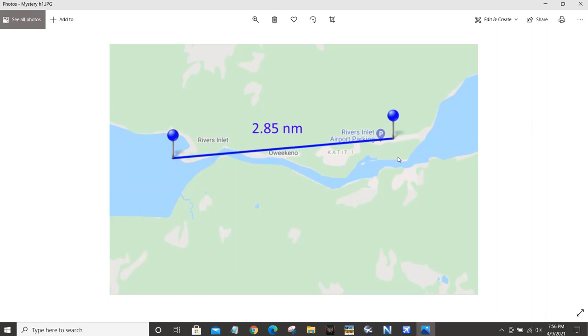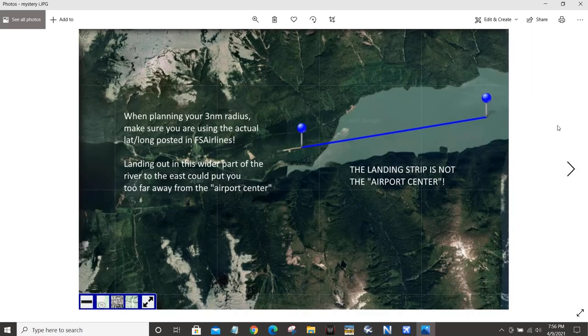Now, this is not a congested area. There is no other airport anywhere near it. So you could probably stretch the radius out a little further. But we should be able to land at this airport just fine and get credit for landing at Rivers Inlet. Because if you figure a major airport is miles across,